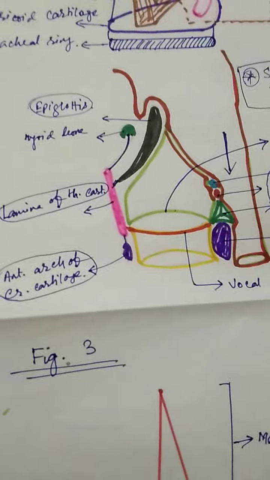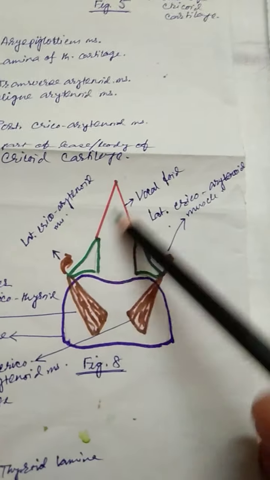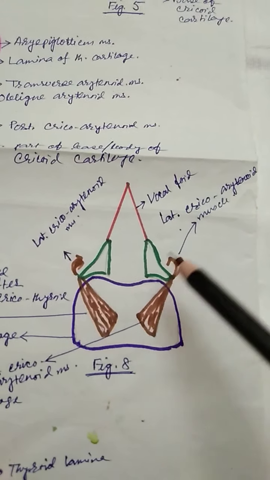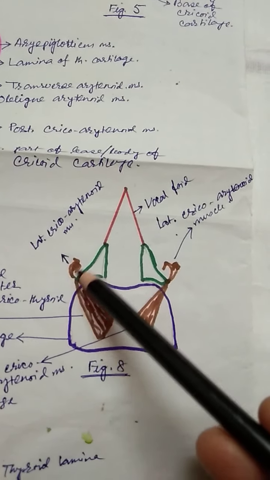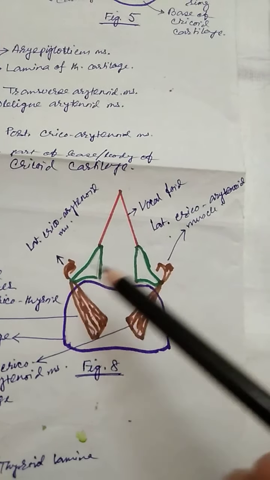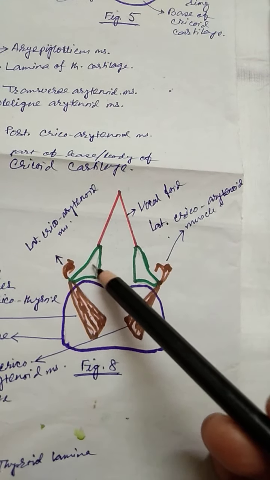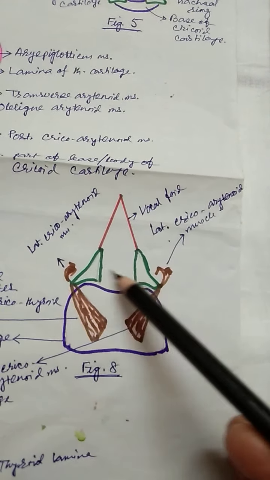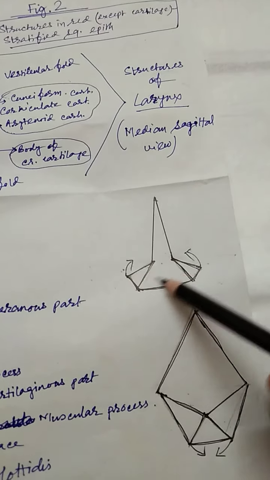Now here, what you should see, I have already said. This is the vocal folds, this is the body of the cricoid cartilage, here the posterior cricoarytenoid, these are the arytenoids, these are the lateral cricoarytenoids, and these are the posterior cricoarytenoids. When the lateral cricoarytenoid muscle is contracting, you will see the gap between the two cartilages, or cartilaginous part of the vocal fold, is increased. So you can see this is occurring here. The lateral cricoarytenoid muscle is contracting, obviously the gap is increased.